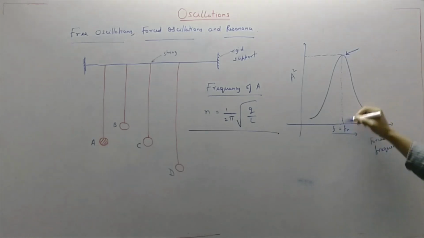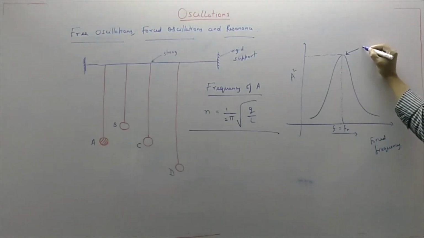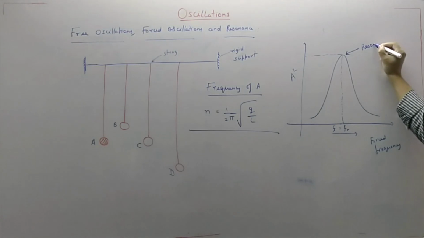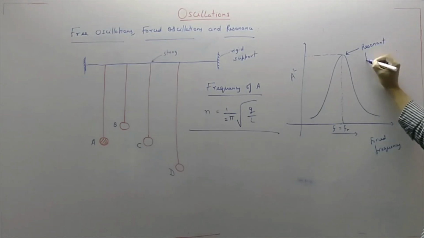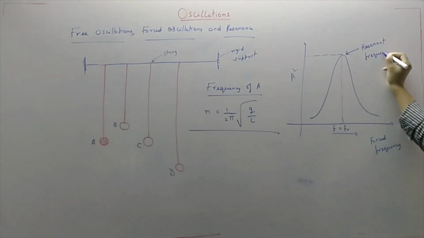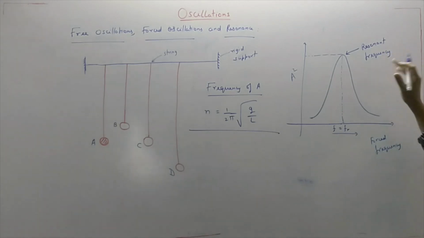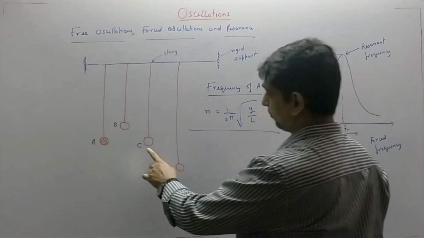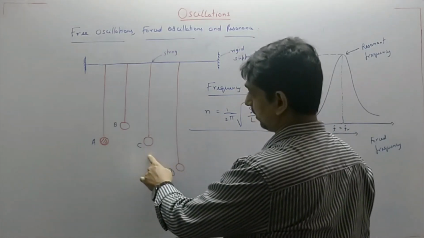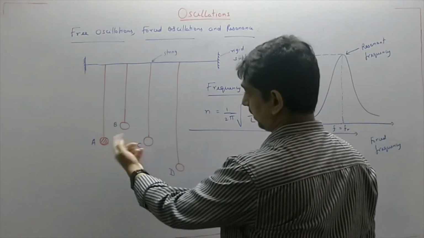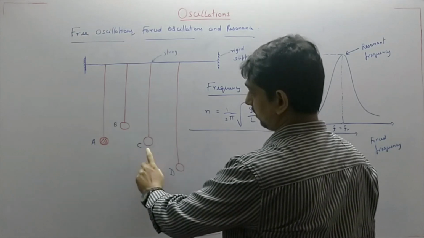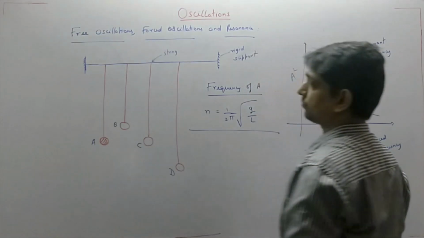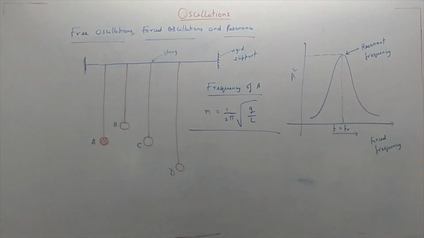At this peak, it is called the resonant frequency, and the phenomenon is called resonance, because the forced frequency and the frequency of pendulum A and C are the same. So the phenomenon is called